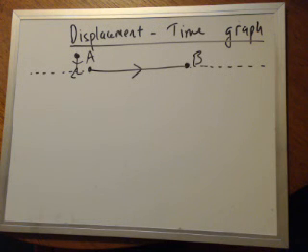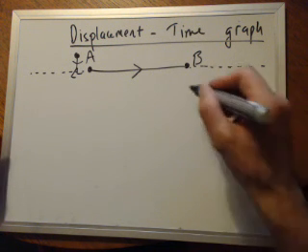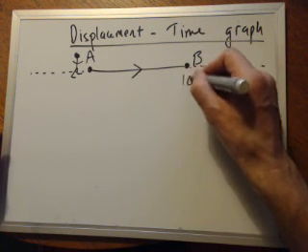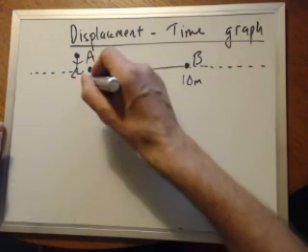In this video we're looking at displacement time graphs, and of course displacement is the vector version of distance. What we've got here is a man starting at point A, and he's going to walk in the direction of the vector A to B along the horizontal. So the direction of the vector is defined in this horizontal direction, A to B. Say the distance from A to B is 10 meters, and he starts there at